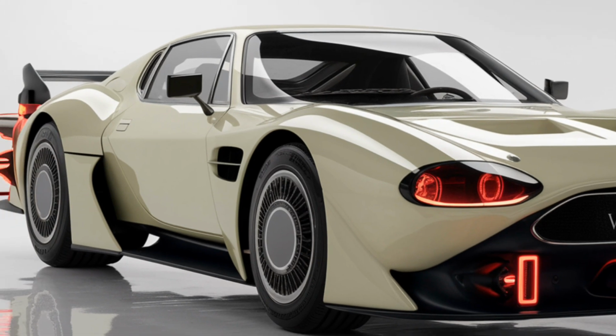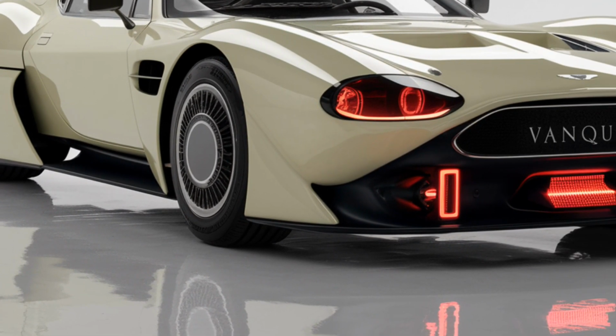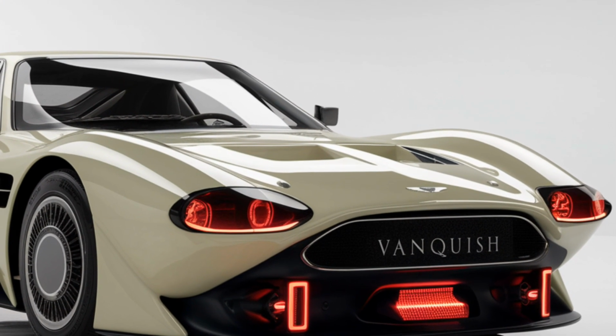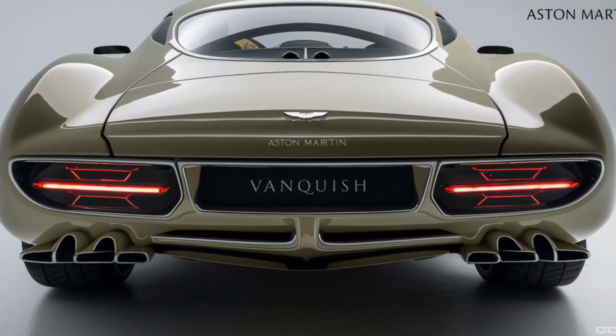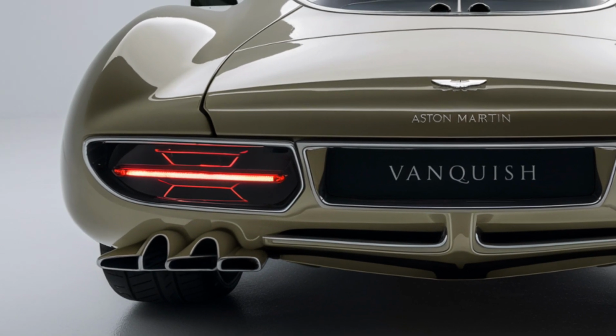The sound of the Vanquish is something else entirely. This is no muted electric hum or artificial exhaust note. When the engine comes alive, it snarls and roars like an angry beast awakened from slumber. At idle, there's a deep, menacing burble, promising violence. Prod the throttle and the V8 explodes into a feral scream that echoes off canyon walls and tunnels, sending shivers